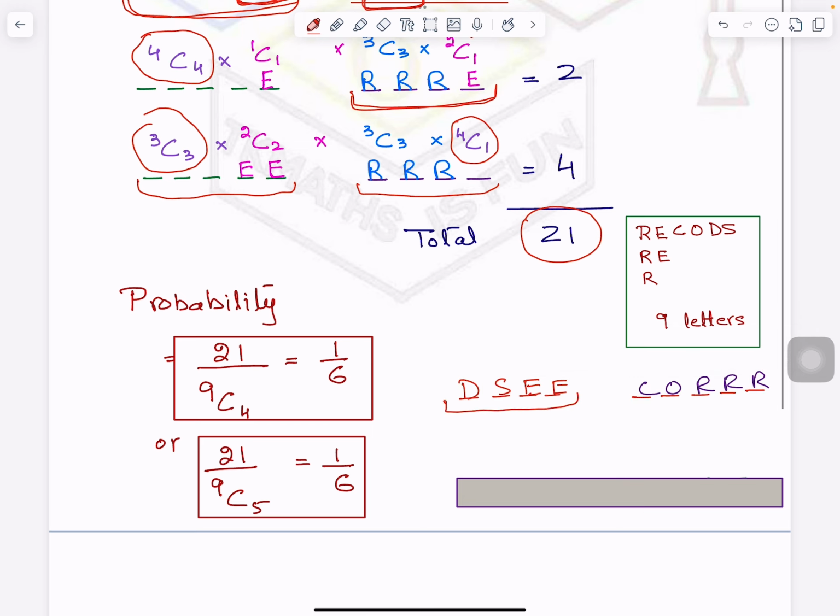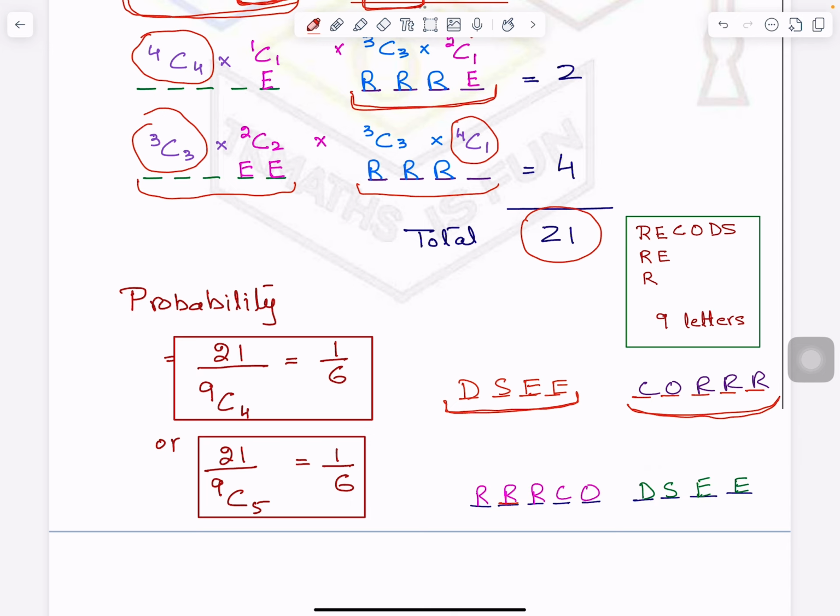Suppose you are selecting 4 letters. The remaining 5 will automatically go into the other group, because in selection, order doesn't matter. I have taken just one example here. But if it is 9C5, see, once you select 5 letters here, the others will automatically fall into the other group of 4 letters. So you can see with the help of these two examples, they are identical. So that's why when you are finding out probability, the denominator can be 9C4 or 9C5. This is particularly the case for groups.